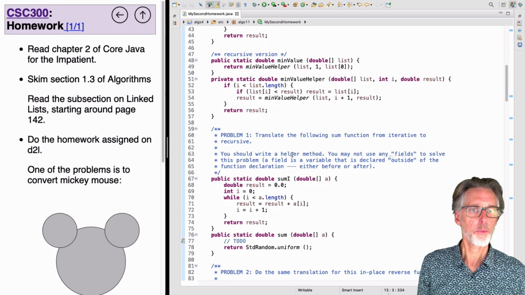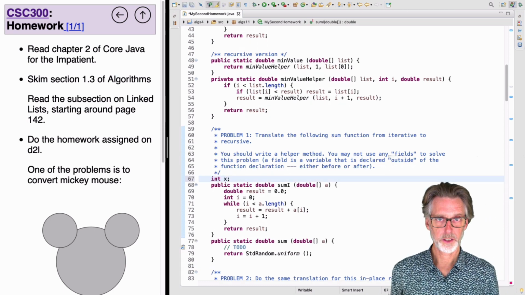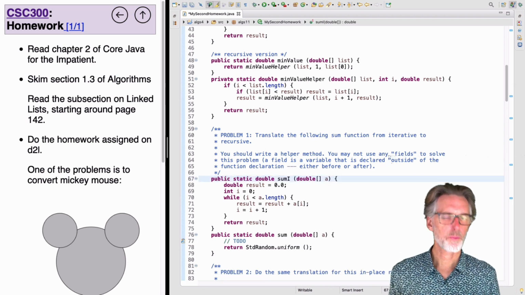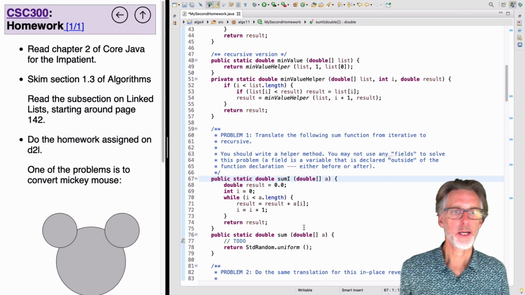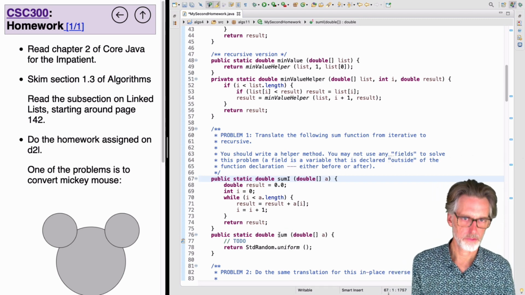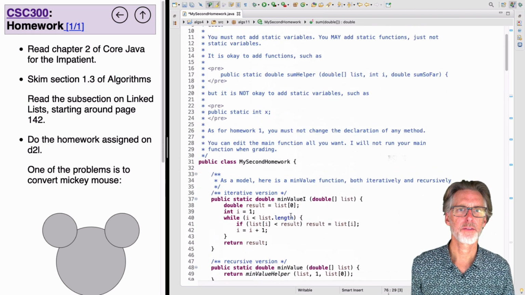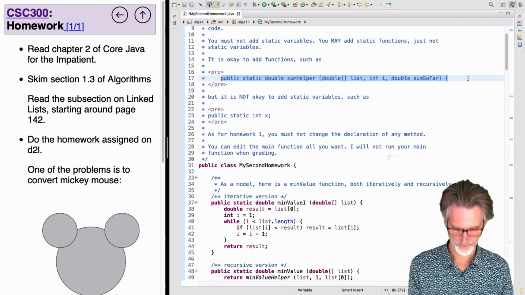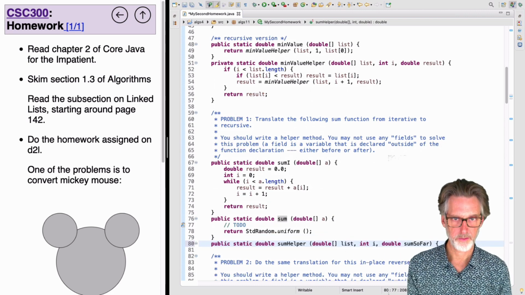So you should write a helper method. Don't use any fields to solve this problem. You're not allowed to do anything like this, where you declare variables outside the function. We'll talk more about that next week, but don't do that. And you're allowed to write a helper function for each recursive function. So here's the sum. You should write a sum helper. So I think I give you an example up here. Yeah, something like this is a reasonable sort of helper function that you might work with, and